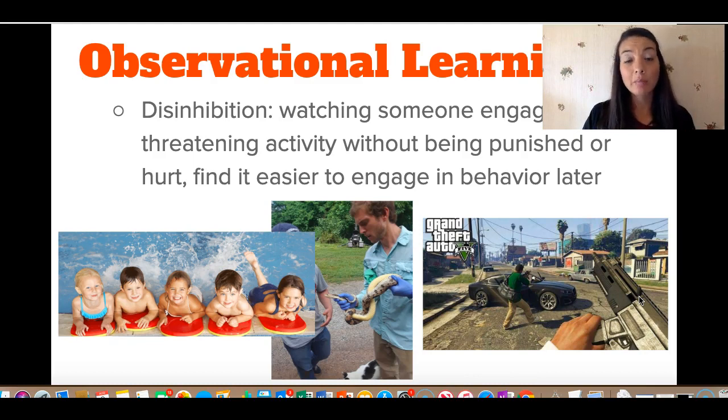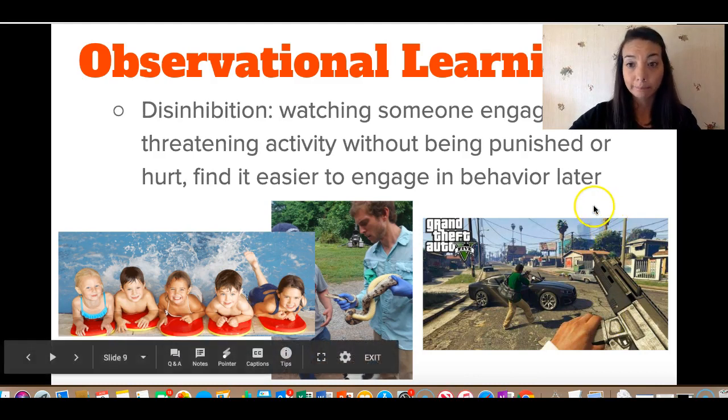Nobody's teaching them that you can't do those types of behaviors outside of the screen, the house, the video game. They might, there have been links, they might find it okay to engage in those activities outside of the home and threaten other people in those kinds of ways, okay?